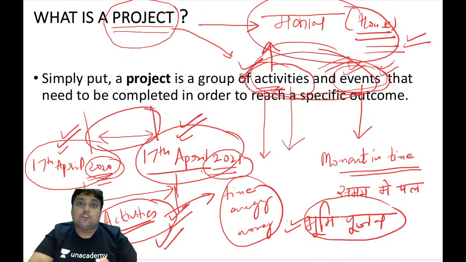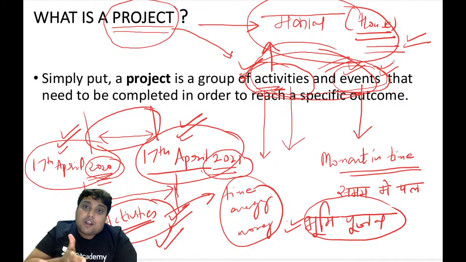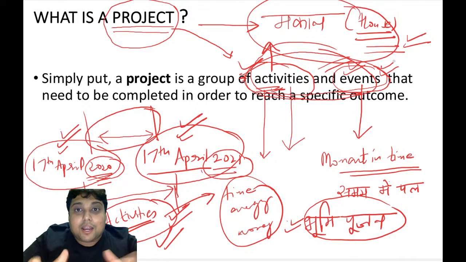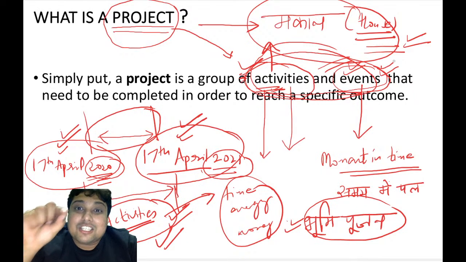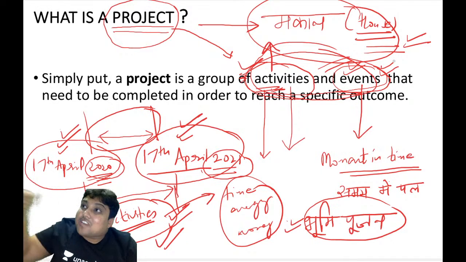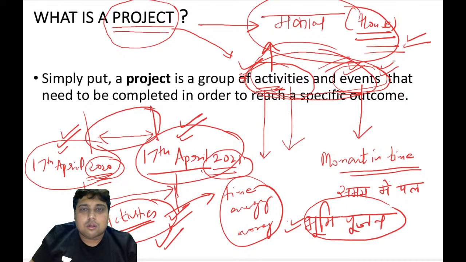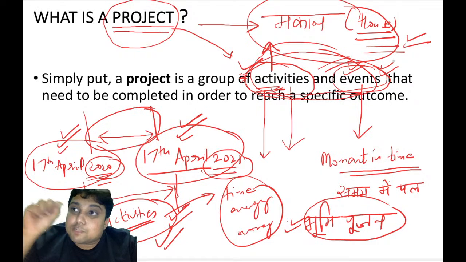You will have to make sure that a particular activity is performed on a particular day, before a particular activity, after a particular activity. For example, if you want to perform the Bhumi Pujan, the land warming ceremony, you will have to make sure that you purchase that land. Before purchasing the land, you cannot start performing the Bhumi Pujan. Someone else might come and kick you. Are you getting my point or not? I am trying to say activities have a specific order.